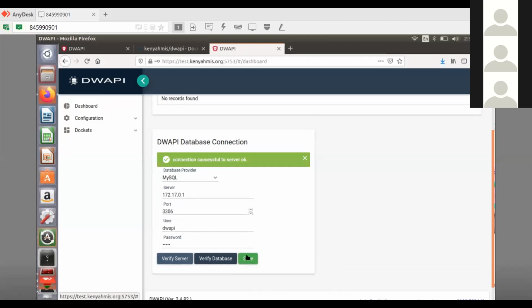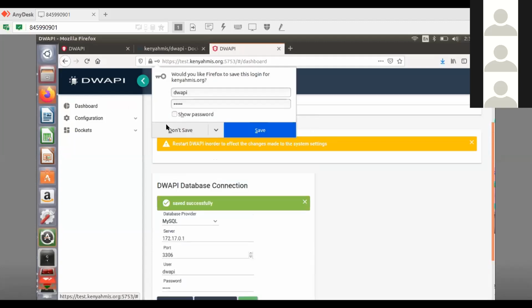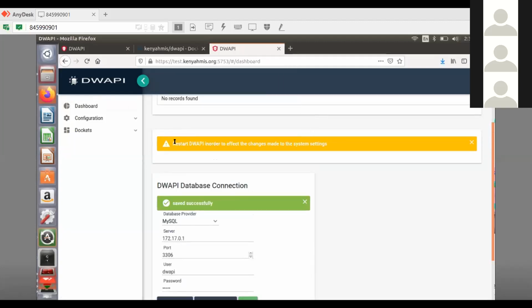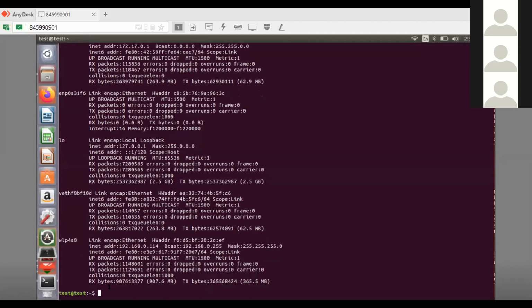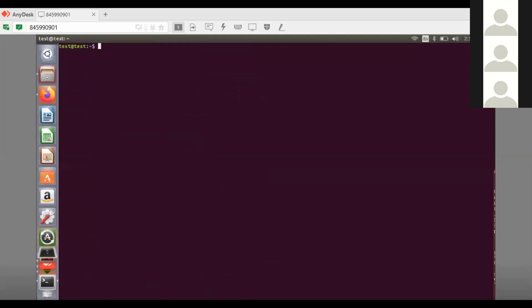After I've done that, I'm going to save. Once you save, you'll be prompted to restart DWAPI in order to effect the changes made to the system setting. This basically means restarting the DWAPI service. So I'll just come to the terminal, and this is how you restart the DWAPI service. First of all, because DWAPI is installed inside the Docker container,